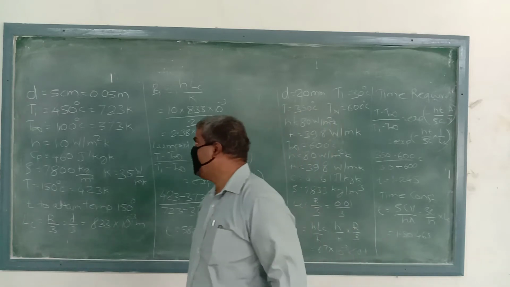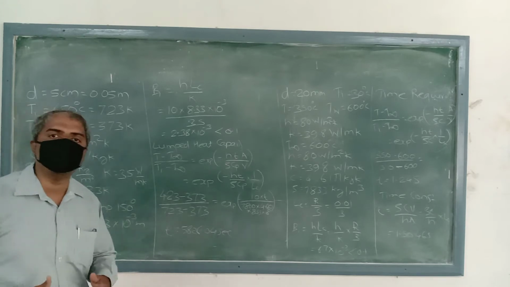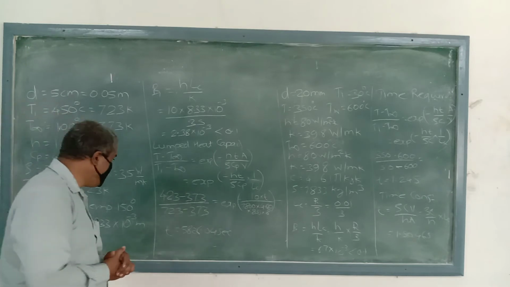Now in this numerical, they have given the diameter of the ball. Next they have mentioned the temperature of that ball. Next, the temperature of the environment in which the ball is placed. Next, the convective heat transfer coefficient, how much heat is transferred to the environment by convection. They have given the value. Cp is given, density is given, thermal conductivity is also mentioned, and the attainable temperature they require is 150 degree